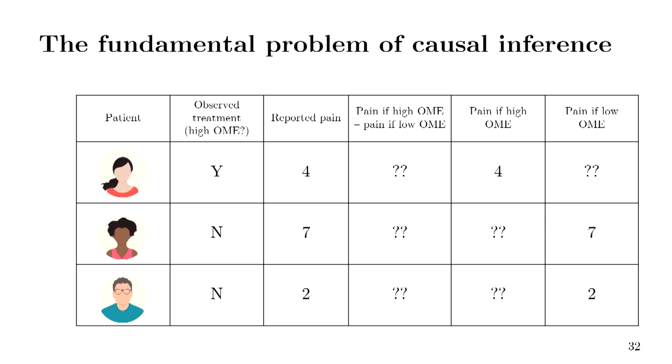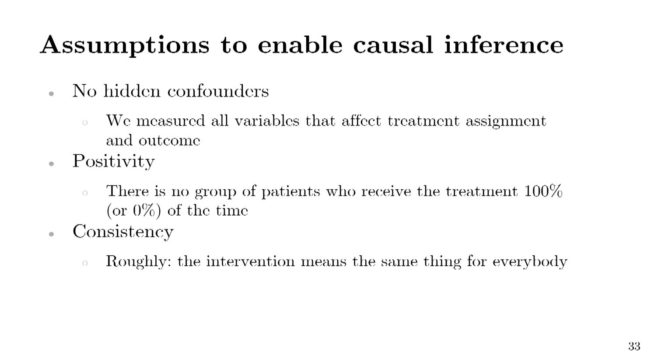How do we remedy this problem? The thing that I'm trying to model is never observed. How do I remedy that? We remedy that by asking for a certain set of assumptions to be satisfied in our data set. I'm going to go over the first two. The third one is not that important for our purposes. The first one is no hidden confounders. So there needs to be no variable that I didn't measure that affects both the treatment and the outcome. I need to have measured all the variables that affect those two